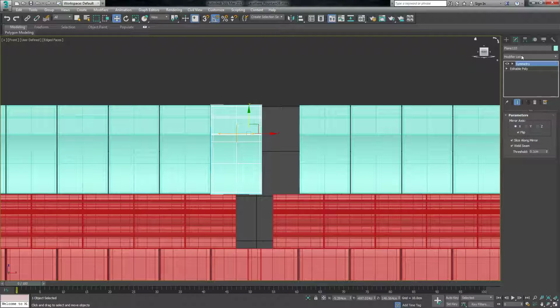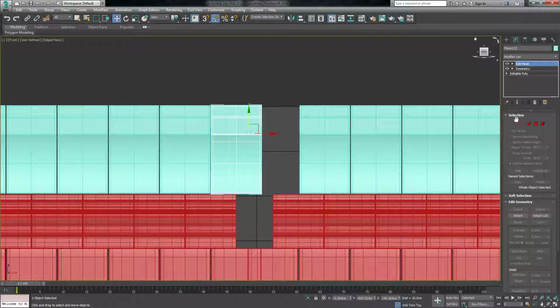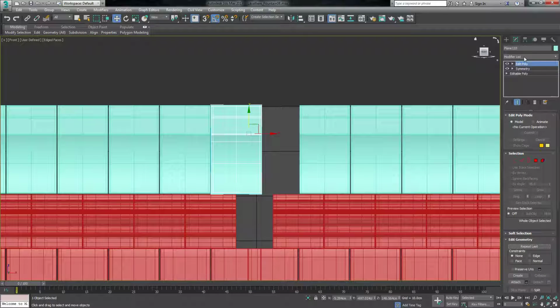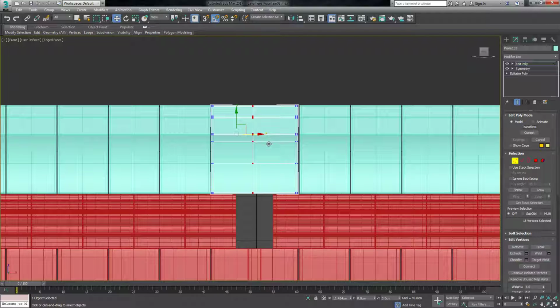What do I want to do here? There are a couple ways to do this. I could edit poly. Nope, that's an edit mesh, my bad. We could edit poly and just take these polygons, move them out. Or